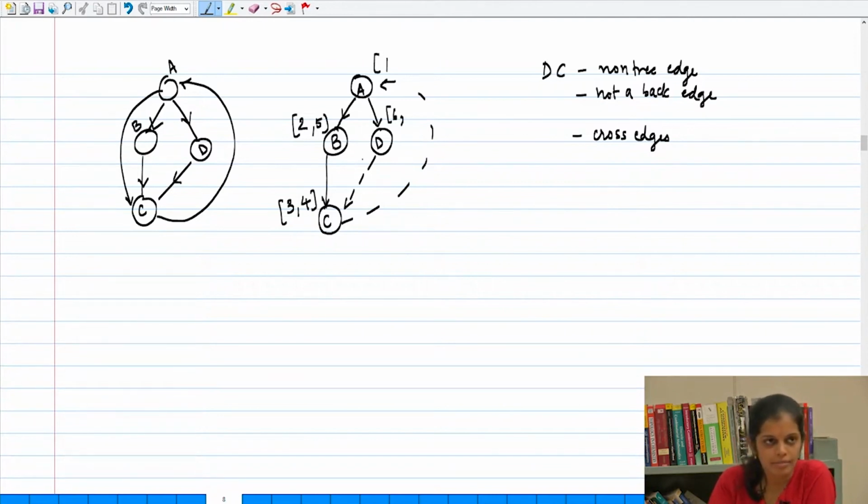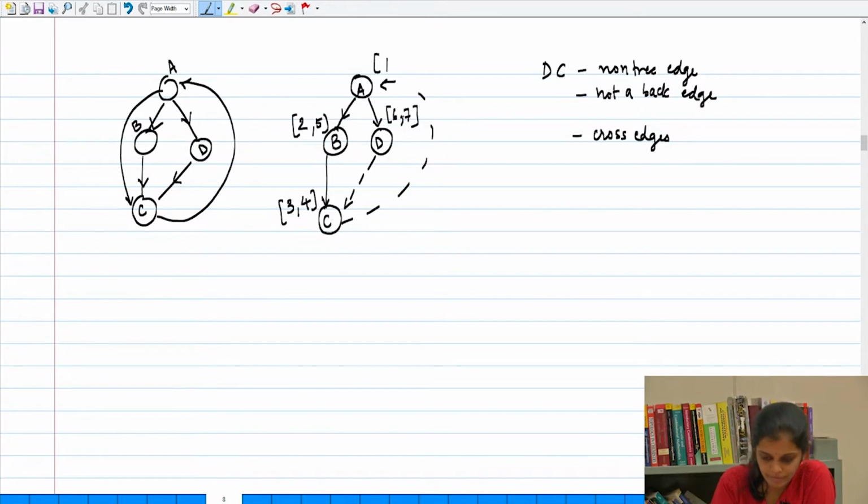It is a non-tree edge, but it is an edge from a vertex D which is still being explored to a vertex C which has been completely explored by our DFS algorithm, right? And such edges can never happen in the case of an undirected graph, because then you would have seen the edge CD itself, right? This doesn't happen in the case of undirected graphs but happens in the case of directed graphs. Very good. So now at D we have completed the exploration and we get a post-visit number of 7,